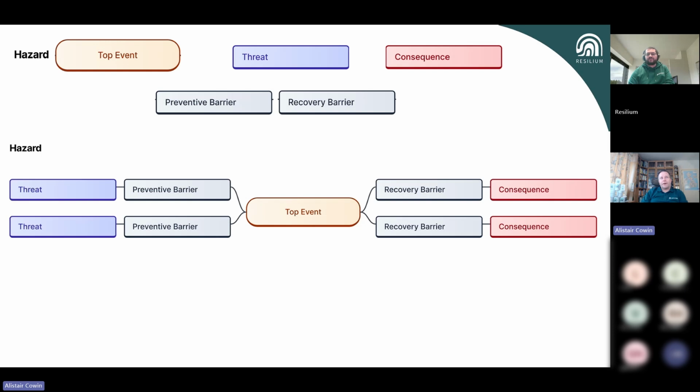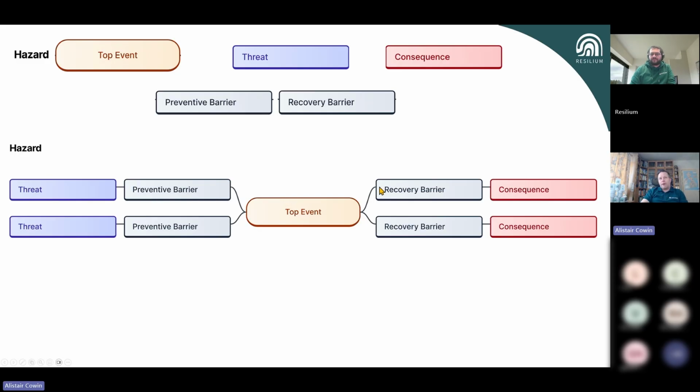And then we have two flavors of barrier. From a modeling perspective, when we put them in a tool, they are the same thing really. But the preventative barriers, this is the bit that I'm talking about on the left-hand side of the diagram over here. These have a massive impact, because if I have a threat, this could be a state, a change in weather, a failure of something. If that occurs and I can prevent that, manage that situation to avoid this loss of control, I don't get near the consequence. And that makes these really powerful, really useful in our management of day-to-day operations.